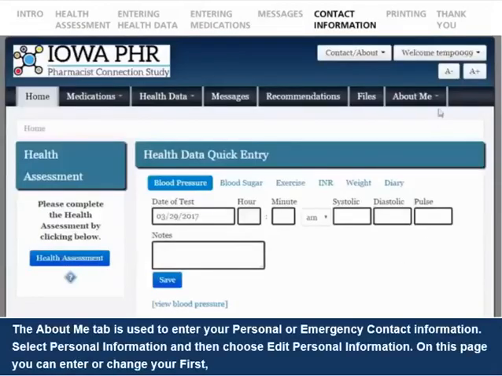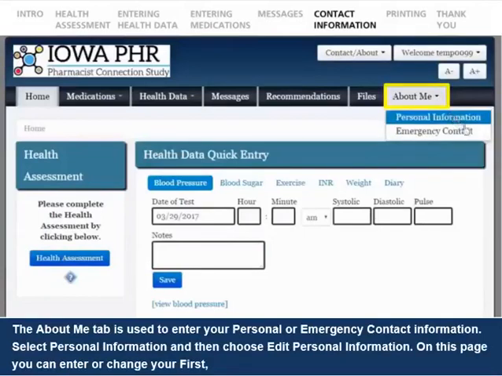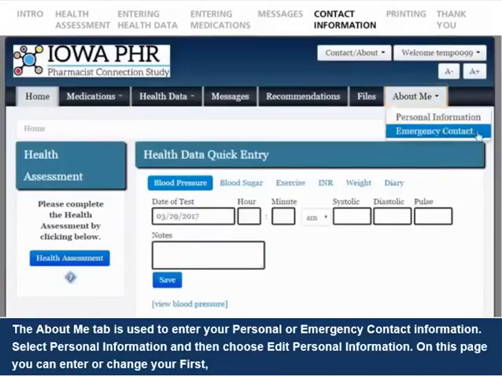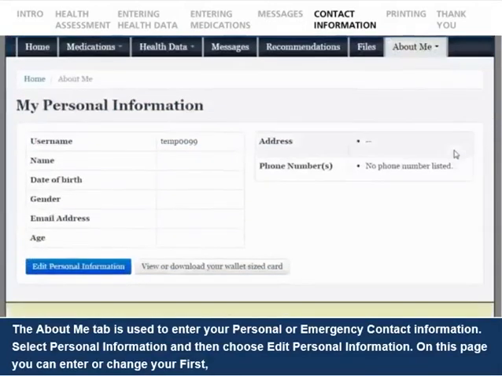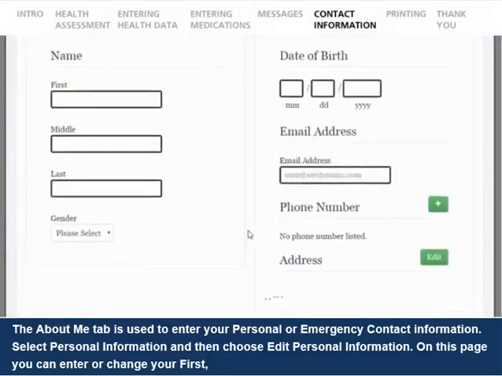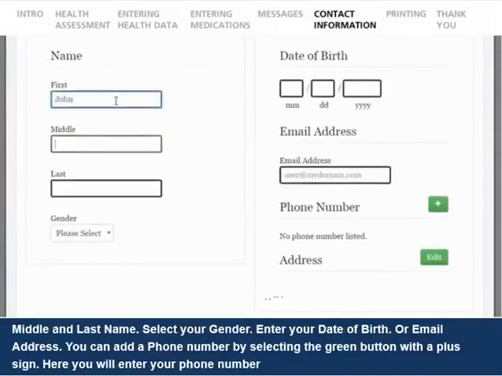The About Me tab is used to enter your personal or emergency contact information. Select Personal Information, and then choose Edit Personal Information. On this page, you can enter or change your first, middle, and last name. Select your gender,